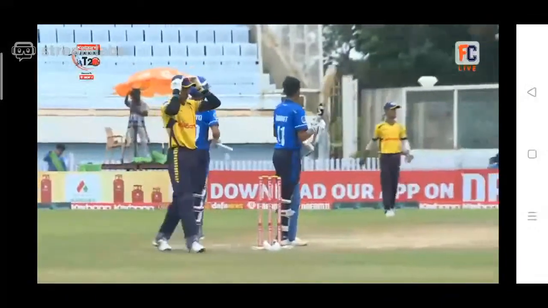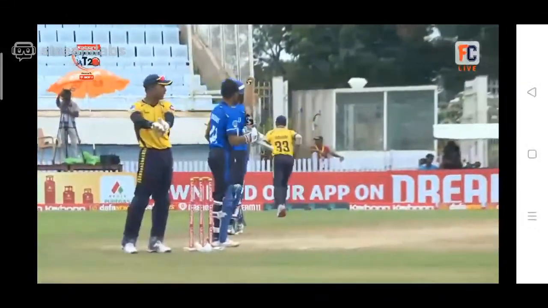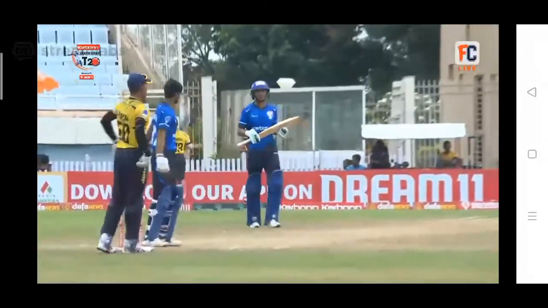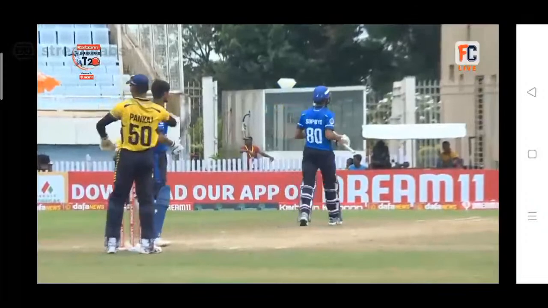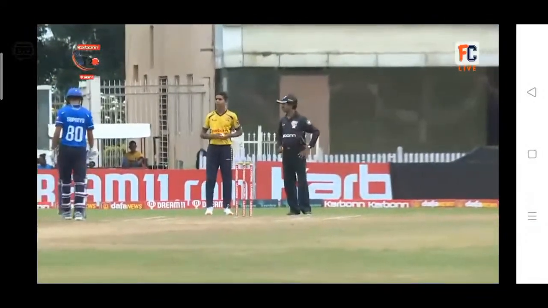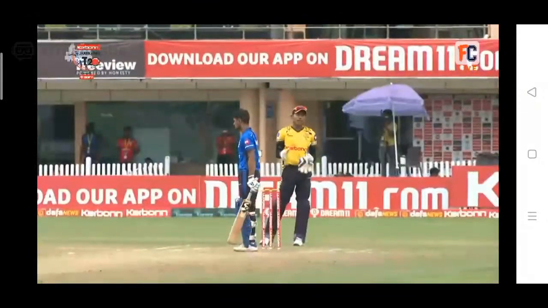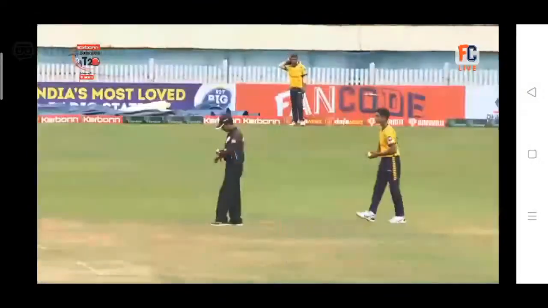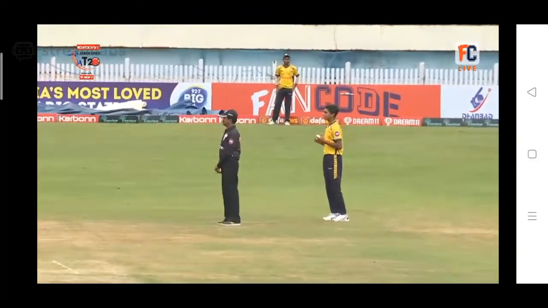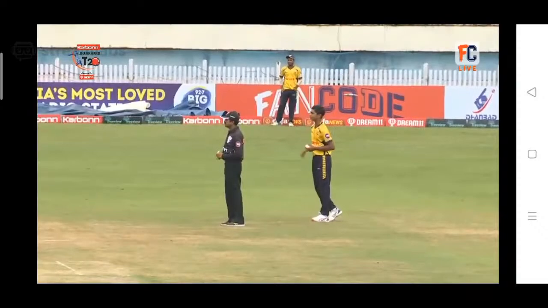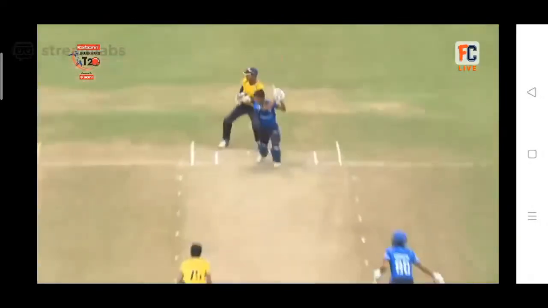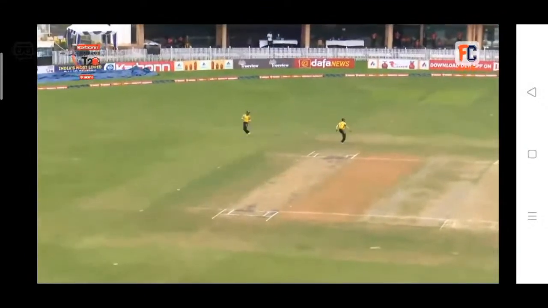The wicket seems to be behaving in a way that is not predicted. It's from just short of length, and the ball cocked up so much that it went on to hit the gloves of the batsman. So the ball's not coming onto the bat, and there's uneven bounce in the wicket now. This is more so because of the rain we had, and outside the off stump has been cut away.